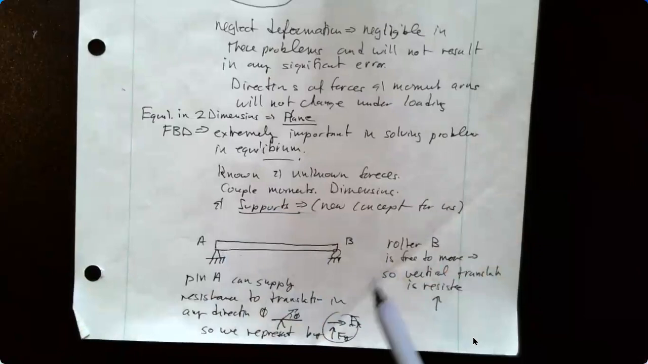Now the roller B, a roller is free to move in the X direction. Okay, it's going to be able to roll this way. It's going to be able to move this way. So there's no resistance in the X direction. However,